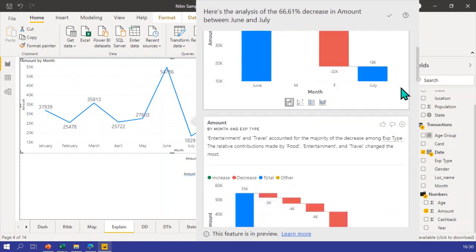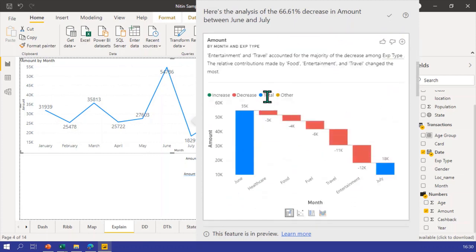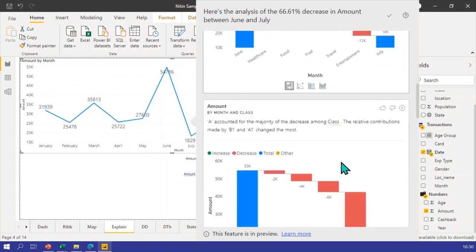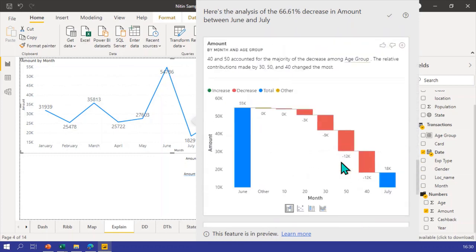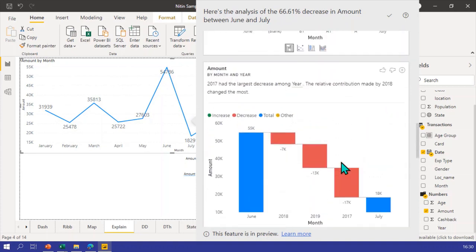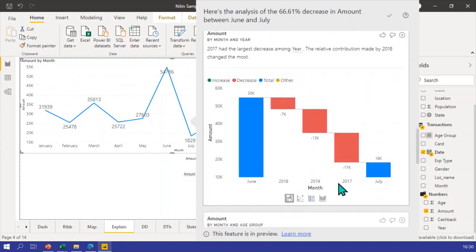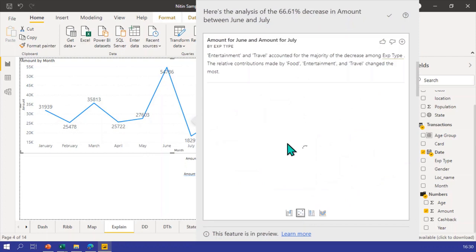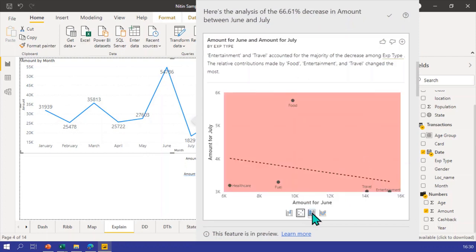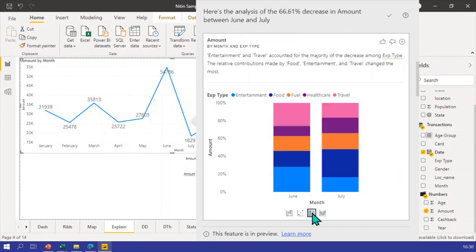But that's not all. The second ranking factor seems to be type of expense. Entertainment went down, travel went down, and others were small contributors. Then we have third one and fourth one and fifth one, like that. This also has another important thing you should know. For example, you have 2018, 19, whatever. Here I have expense types. I can also see it as a scatter chart, or I can see it as a standard stacked bar chart,